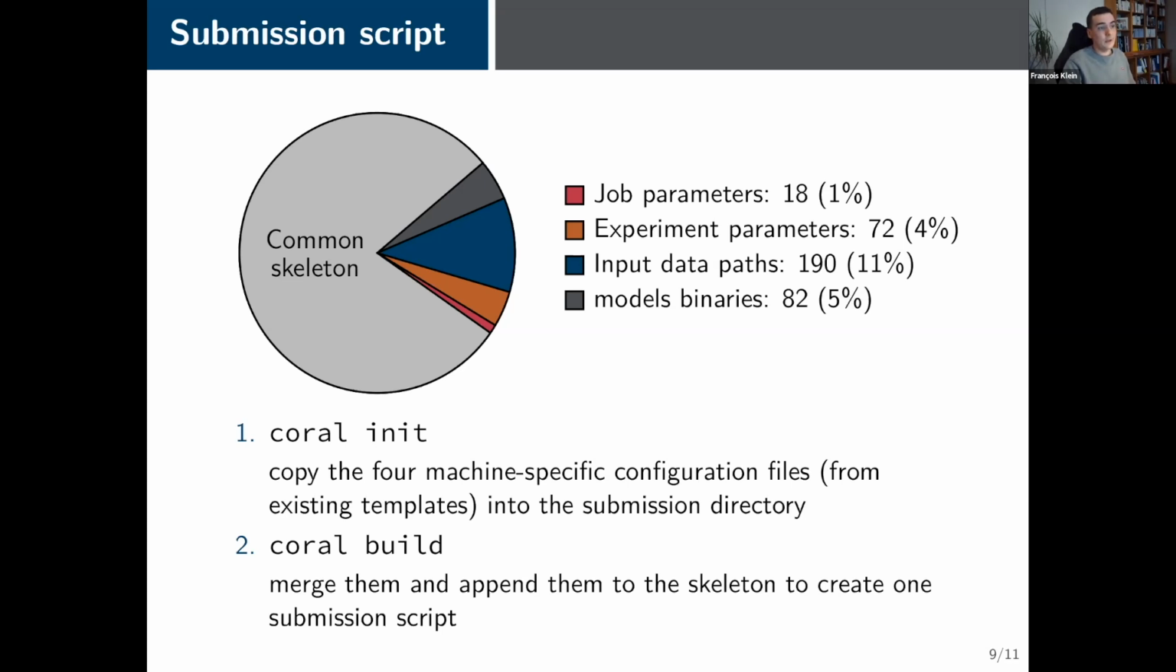So these files only contain what can potentially be changed by the user, and they work as is. So the user does not have to take into account the job scheduler or whatever. This is done automatically, so that's quite useful for the user. And once the user has changed what he wants to change, he can build a submission script with the command